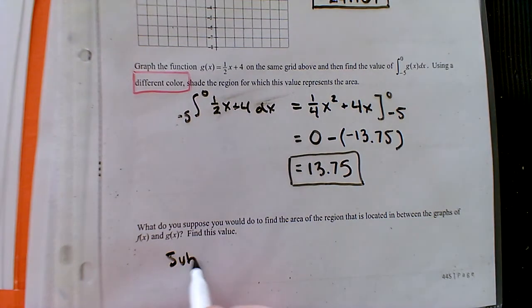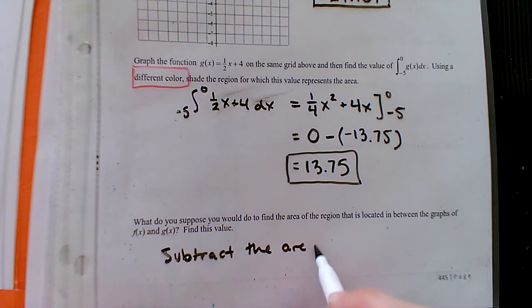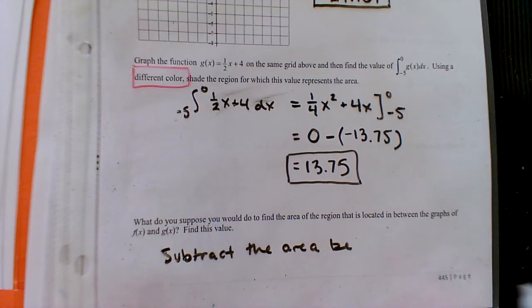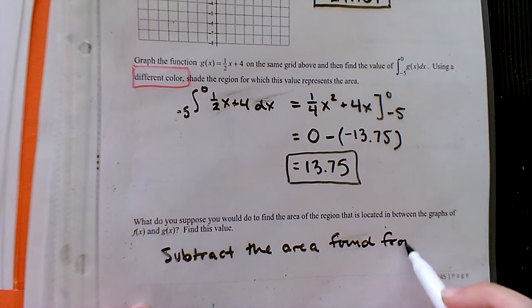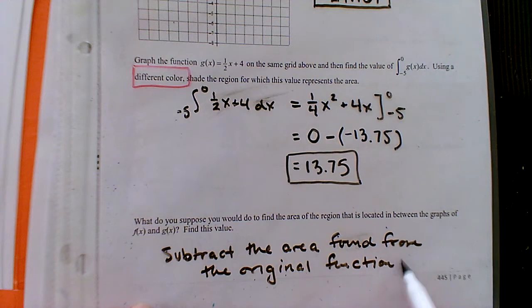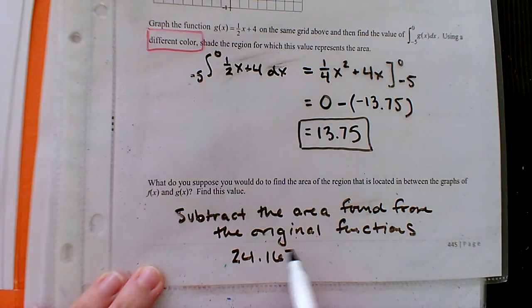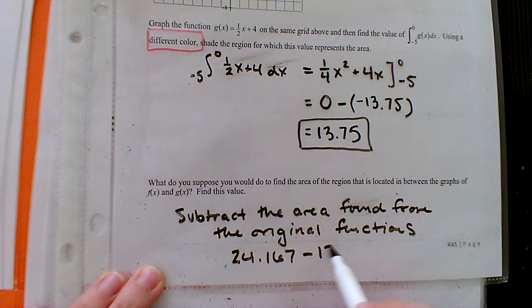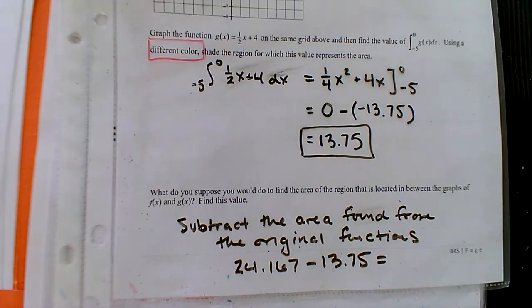All right, so we'll go ahead and subtract the area. We'll subtract the area found from the original functions. All right, so our first area was 24.167. The smaller area was 13.75. So our trapped area